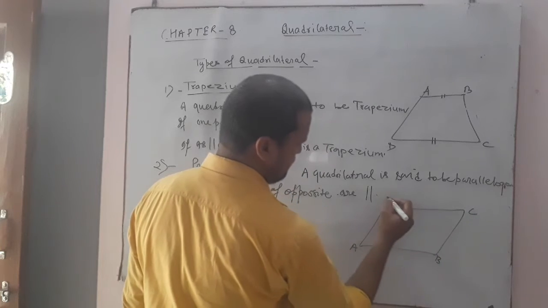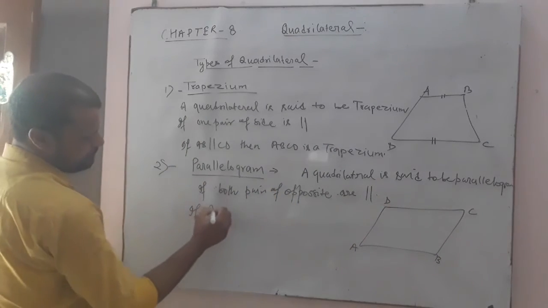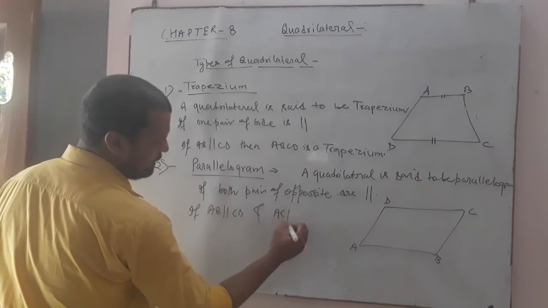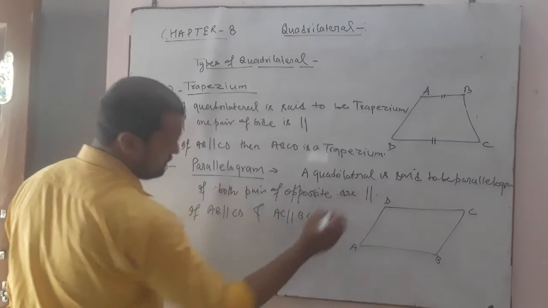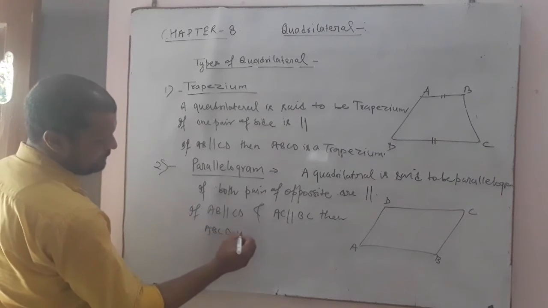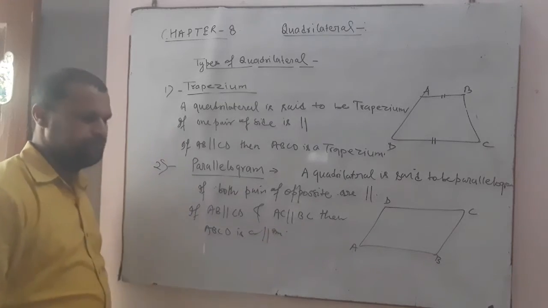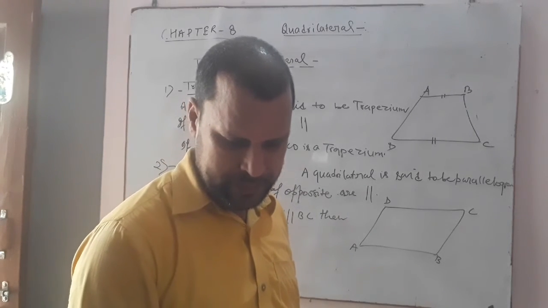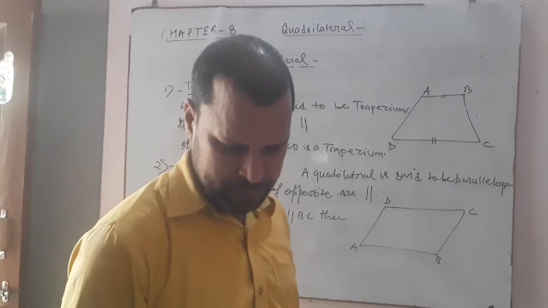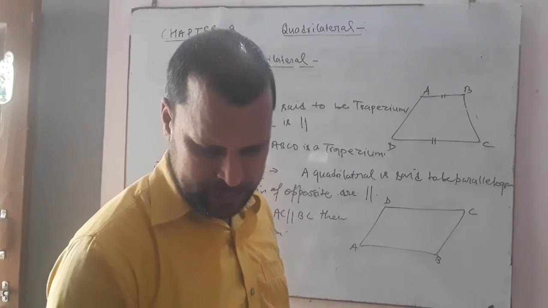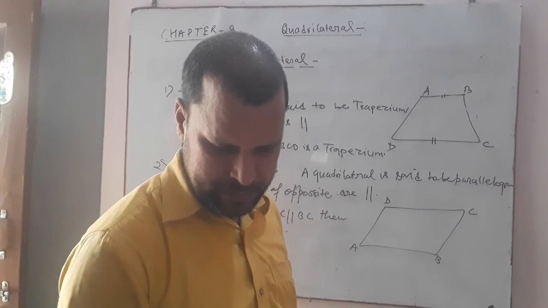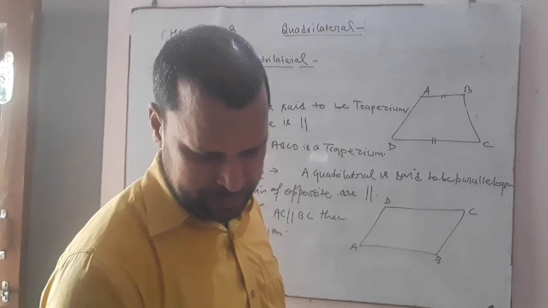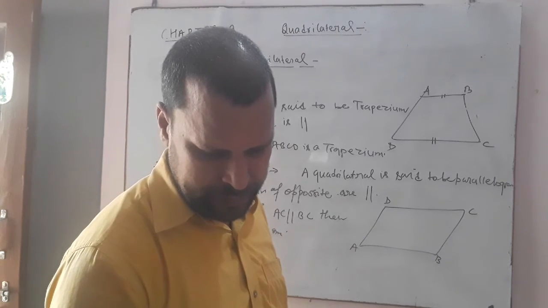ABCD: if AB is parallel to CD and AD parallel to BC, then ABCD is a parallelogram. In a parallelogram,